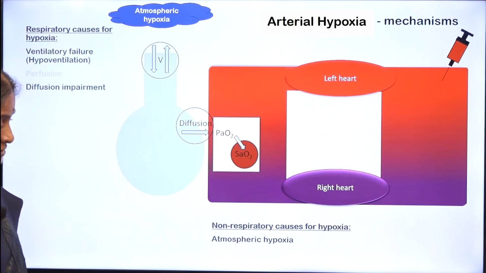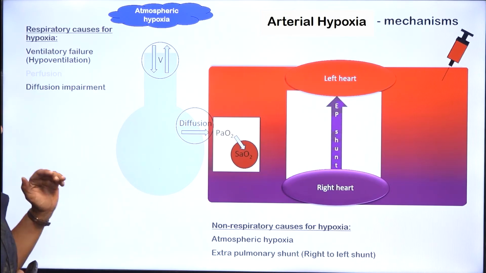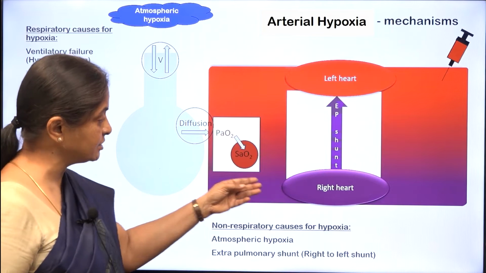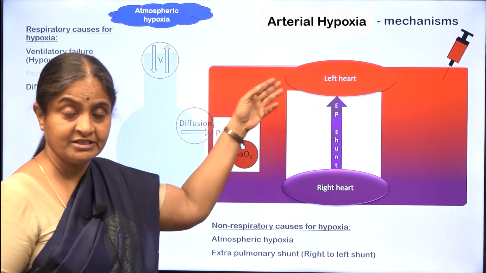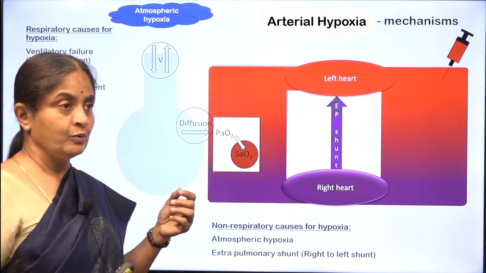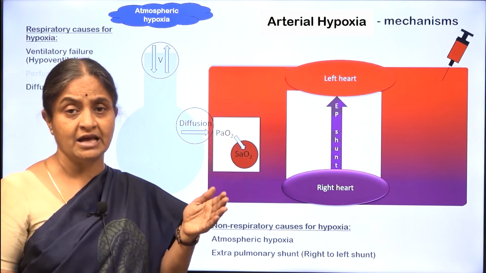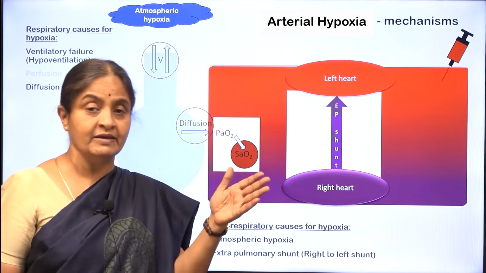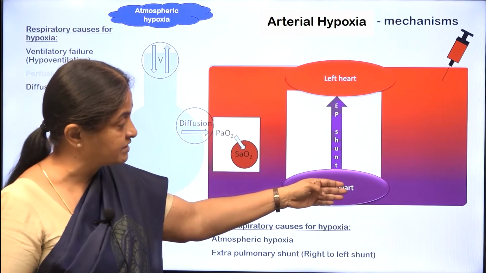There is another instance where arterial hypoxia can occur even without a respiratory pathology, but that is a pathology in the circulatory system. Blood, instead of going from the right heart through the lungs into the left heart, is shunted directly without passing through the pulmonary circulation. The examples are an atrial septal defect or a ventricular septal defect. When there is an ASD or VSD, initially because left-sided pressures are high, blood would move from the left heart to the right heart, but eventually right-sided pressures will increase and there will be a reversal of shunt. I am talking about a reversed shunt here, where blood moves from the right heart to the left heart,